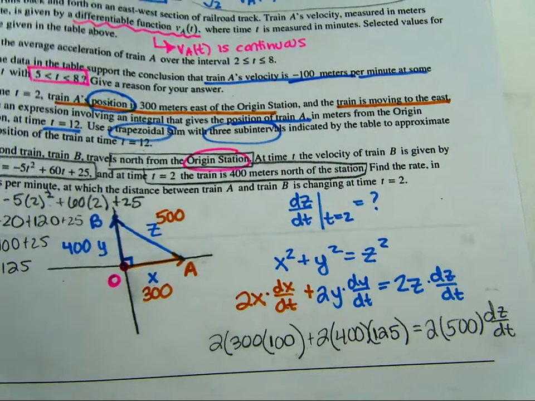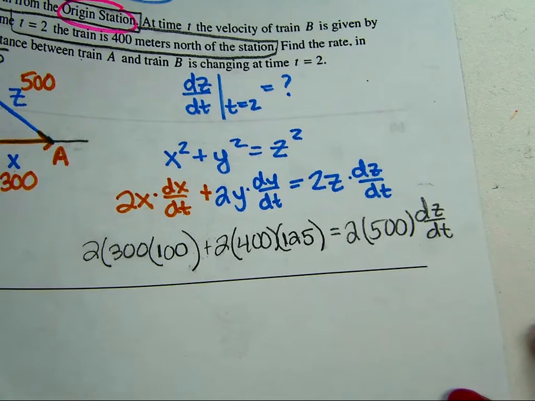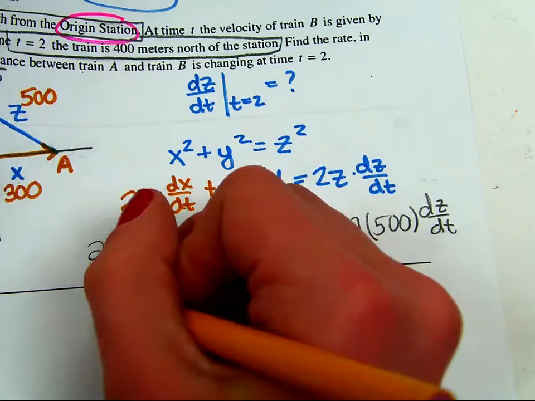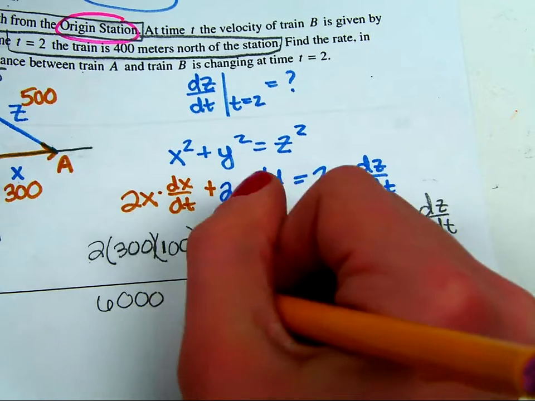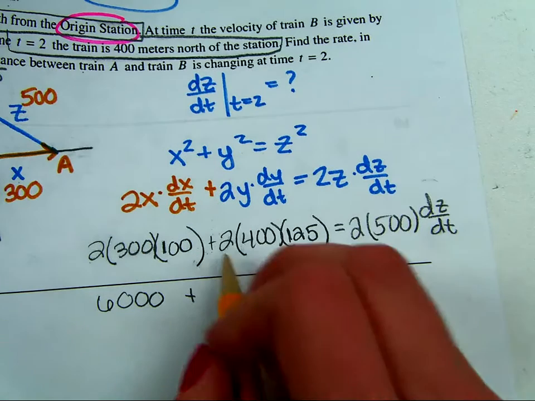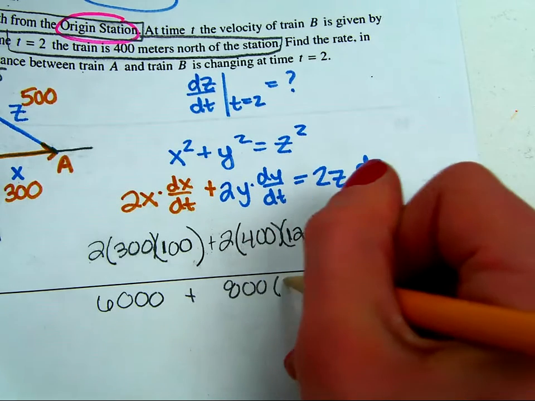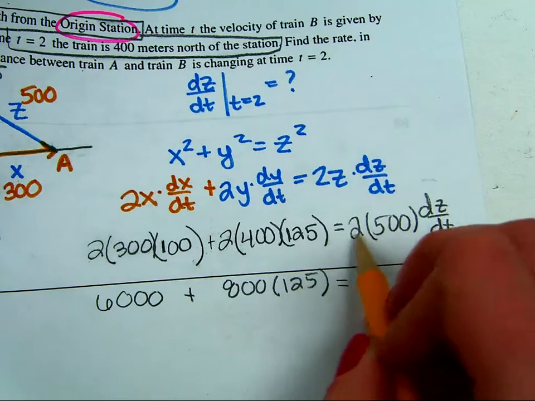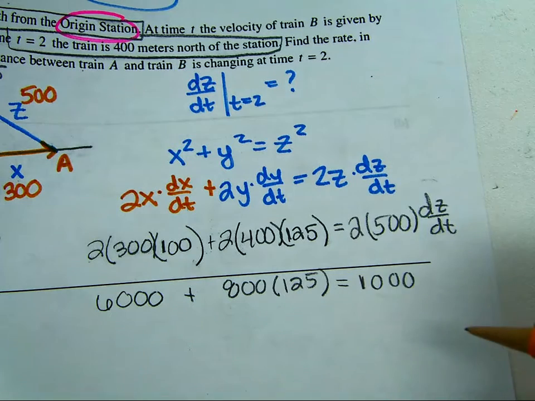And again, you can't use a calculator. So I would just carefully do this. If you think about this, 2 times 3 is 6. And then I might just add the zeros. There's 1, 2, 3, 4 zeros. Plus over here, I might go 2 times 4 is 8. That's 800 times 125 equals 2 times 5 is 10. And add the zeros. And you get dz dt. We're trying to get